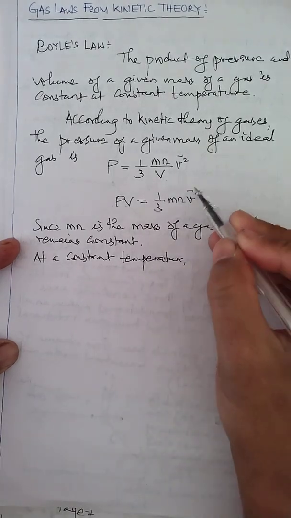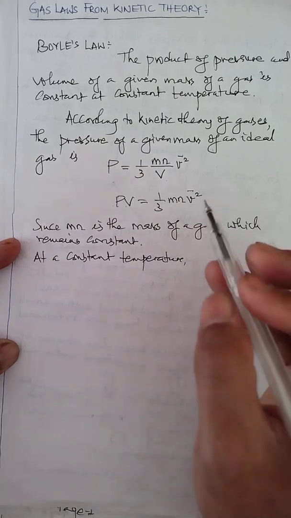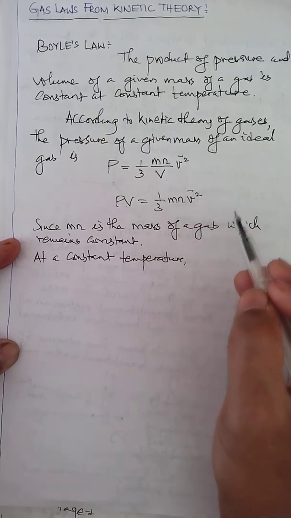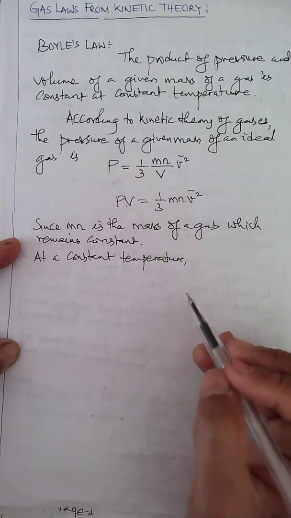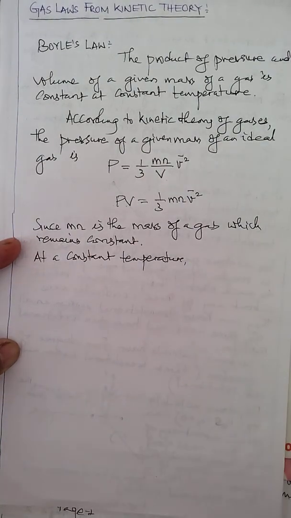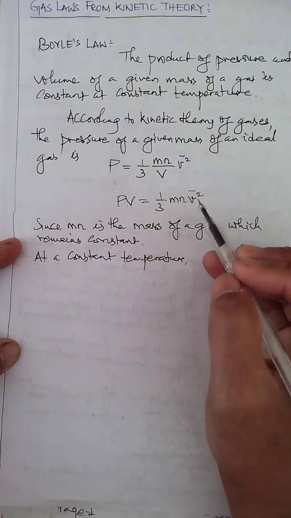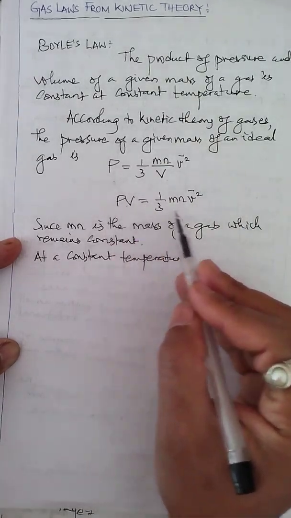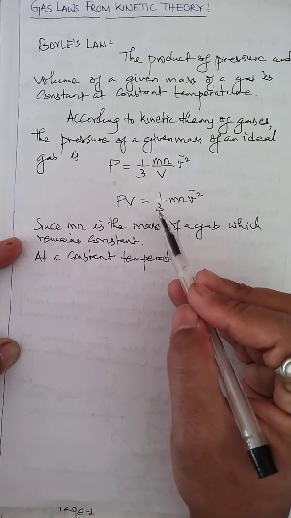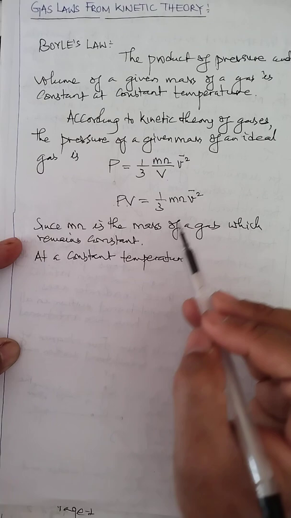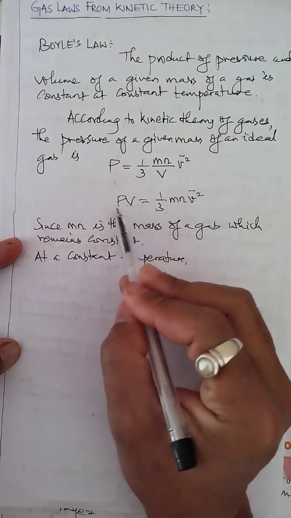At a constant temperature, the mean square speed of the molecules also remains constant, because mean square speed is directly proportional to temperature. When temperature increases, the mean square speed also increases. But if the temperature remains constant, the mean square speed also remains constant. Which means on the right hand side, this Mn is already constant. 3 is a number which is also constant. But at a constant temperature, if this quantity also remains constant, then their product on the left hand side also